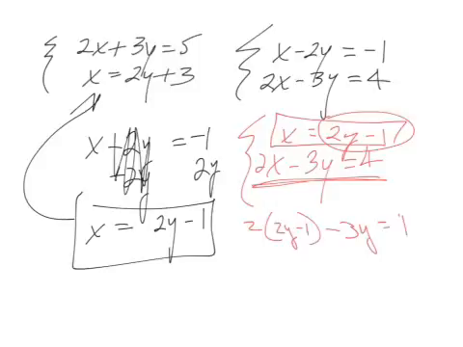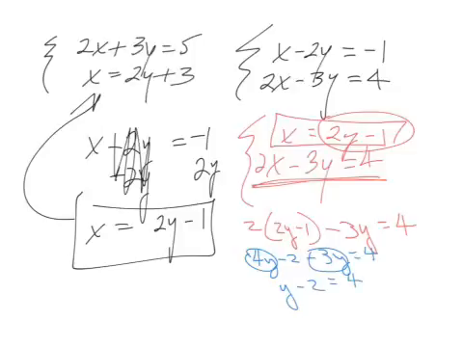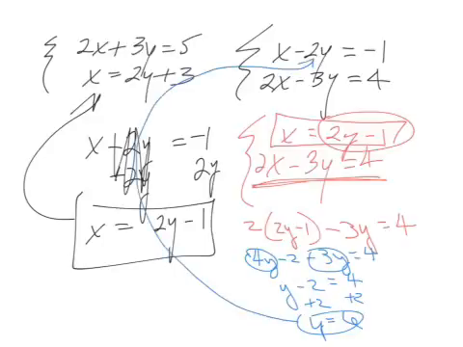I get one equation with one variable, a y. Now I can solve it. Distribute. I can bring my 3y and my 4y together. 4y minus 3y is 1y. I can add 2. And my y then equals 6. Okay, now I can take that y equals 6 all the way back up here to one of those equations. Doesn't really matter which one. I usually pick the simplest one,